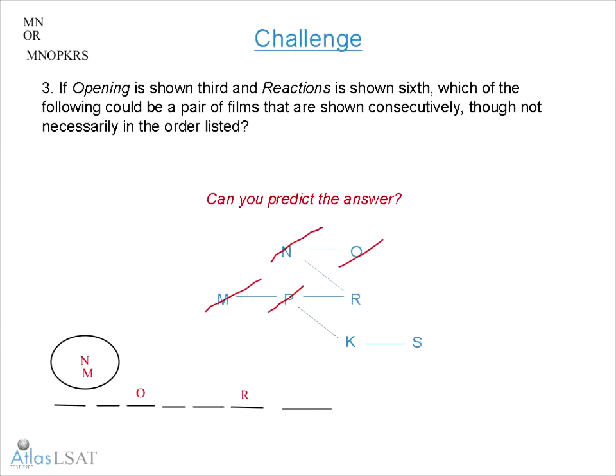Why not? I mean, there's no relationship here, is there? Yeah, Laurel, you've nailed it here. If we put K after the R, then S would have to come after the R as well, and that's too many letters after the R. So we know that S has to come after the R. Perfect. What letters are left? Well, the P